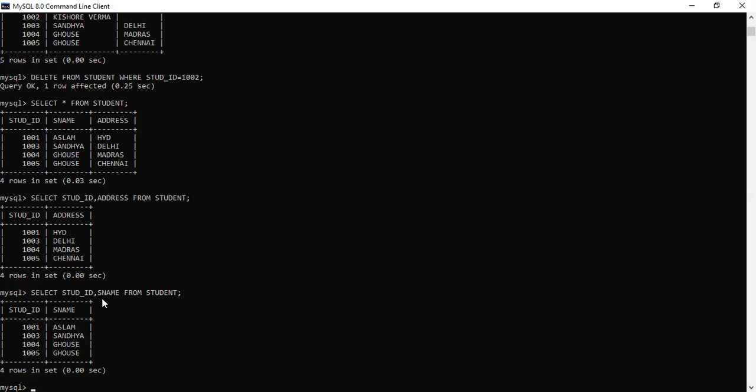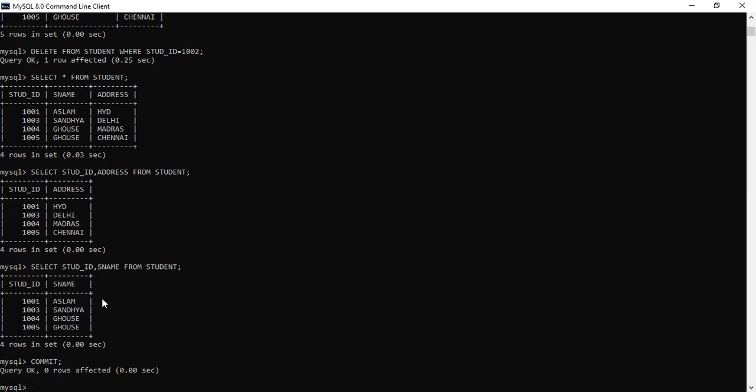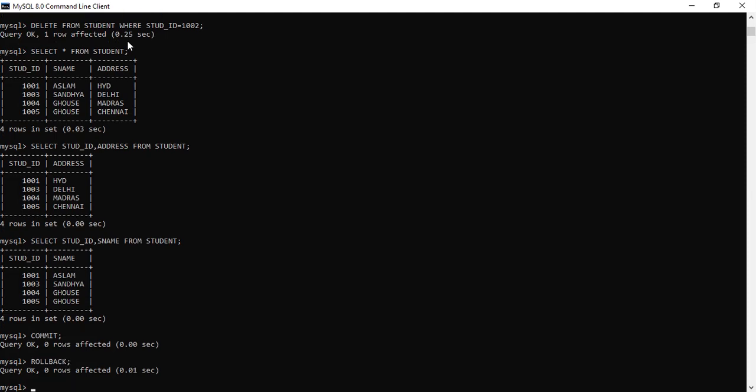Before that, I would like to apply the commit command to show you how the commit will be executed. Commit means whatever we have done, the insertions, updations, deletions, everything will be saved. Okay, if I use the rollback over here, whatever we have done will be rolled back. So that will also be executed.